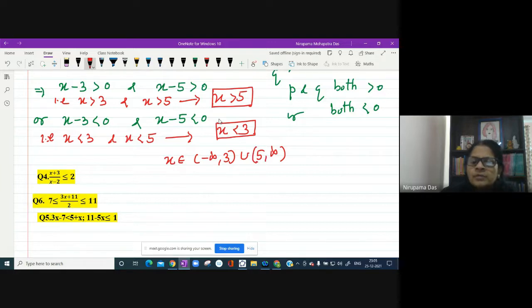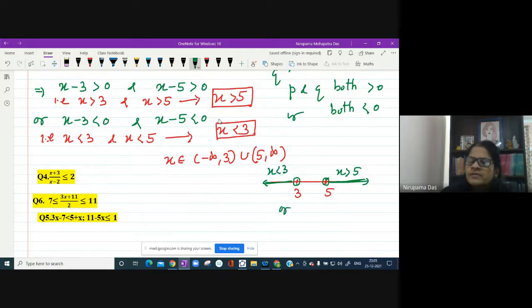Okay. So if we want to represent it on the number line, here it is 3. Smaller number is to the left, 5. So x greater than 5 means you may take like this. Okay, 5 is blank here. 3 also blank. Now it is more than 5, x greater than 5. Now less than 3, x less than 3. You may write like this.